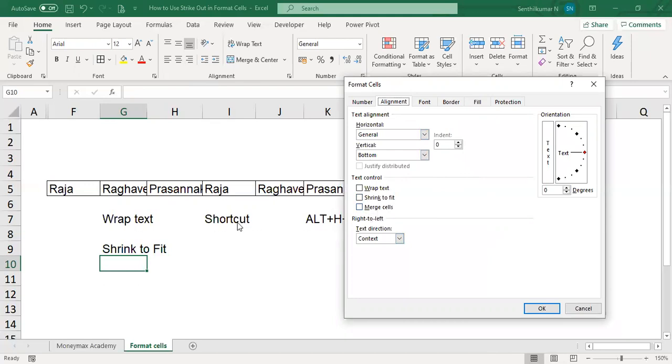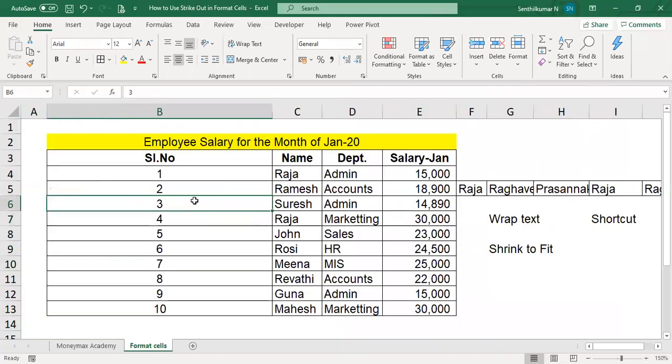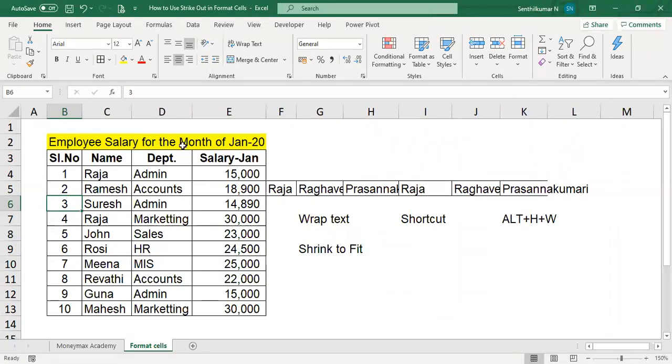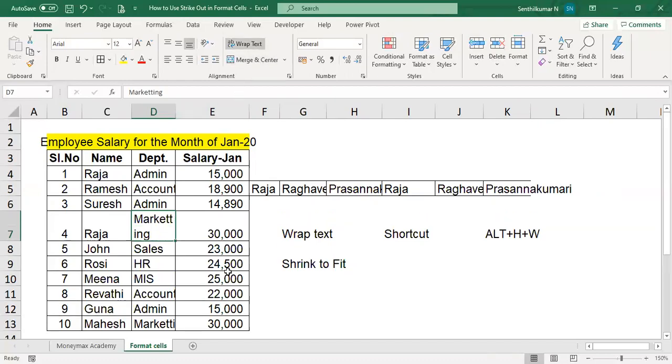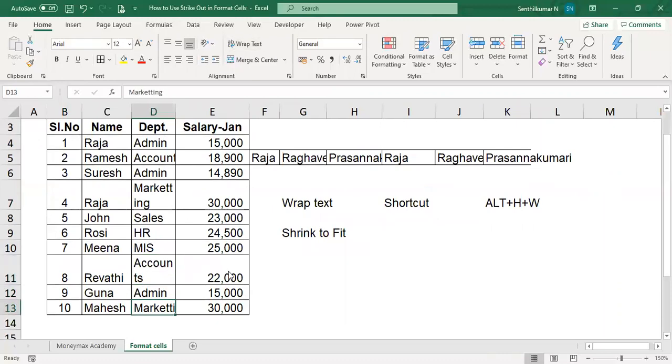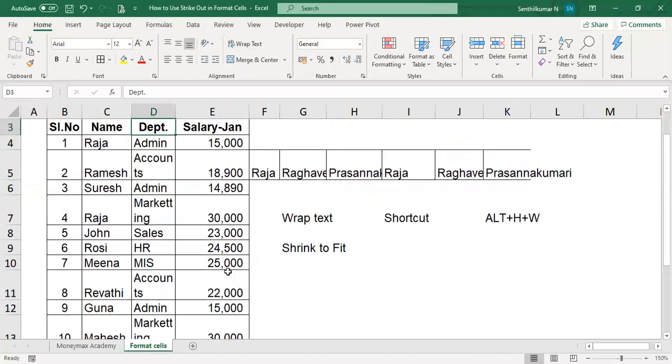We can have two options. If we have the data, now I am giving the practical example. This is the data available. Now I'm having the string like this. So I can wrap text with Alt H W. So instead of doing so, I can wrap it here. So wherever I want, I can wrap it here. Clear? This is one method.